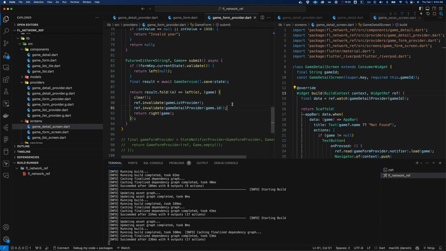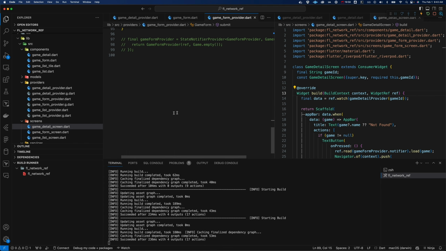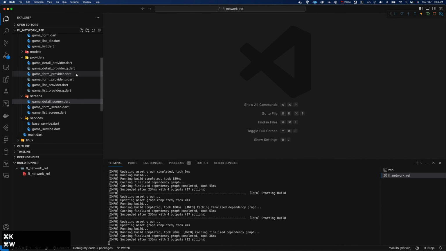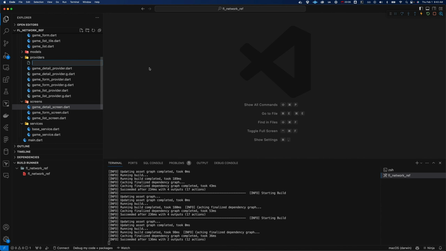Okay, so that's mostly everything I wanted to cover. There's one other thing I wanted to cover because it's a pretty common use case, and I don't actually have a version of it in here, so we're going to build something really quick. Let's imagine we had something like console. What's a better name? Sorry, I'm thinking out loud right now. Yeah, let's call it game console